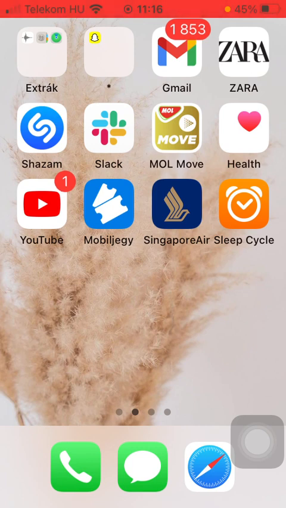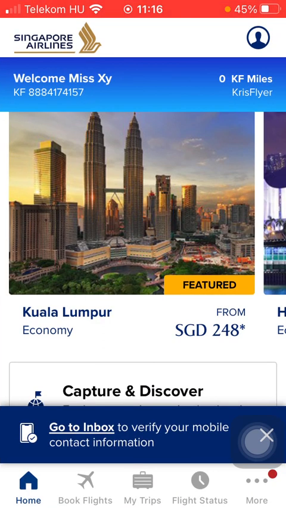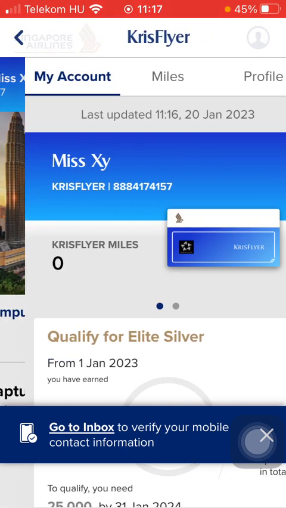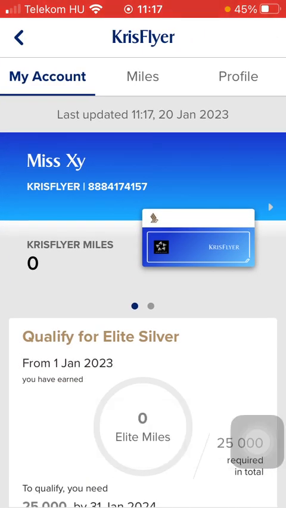Now let's jump into it. First of all, open the application on your phone. After that you should tap on the home button down below and then click on the profile icon in the upper right corner of the screen. Tap on my account at the top, and here you can see this